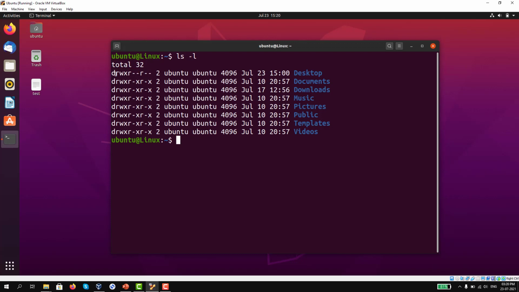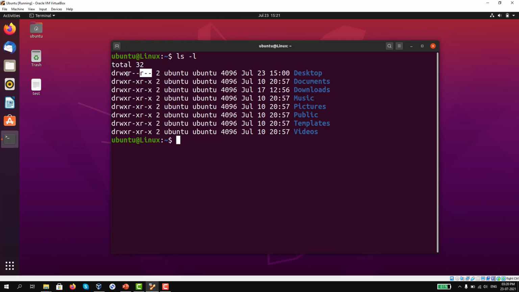The first field we have is D. D means directory. If we have nothing, it represents a file. Or if we have L in this field, it means symbolic link. The first three fields represent user permissions, the next three fields represent group permissions, and the last three fields represent others' permissions.